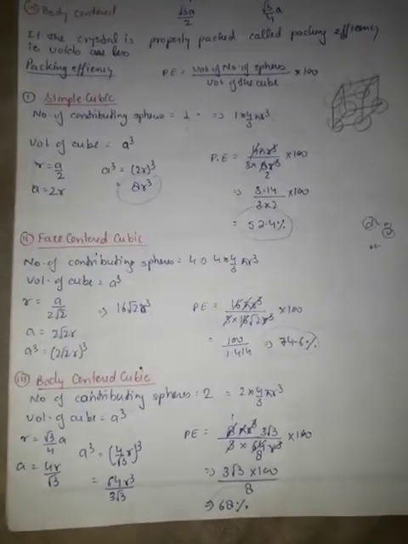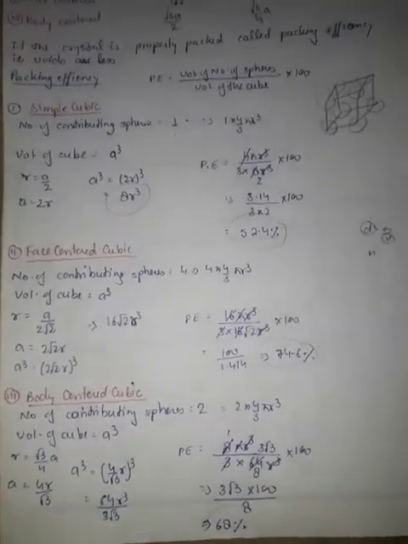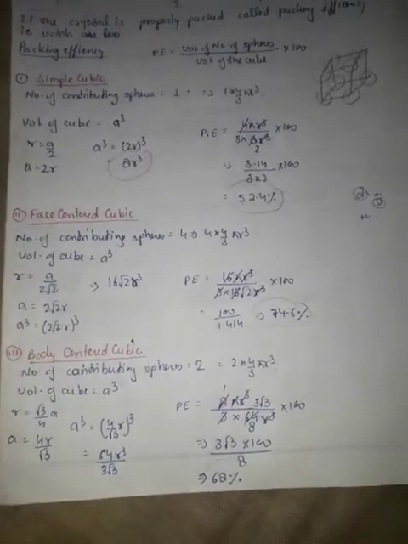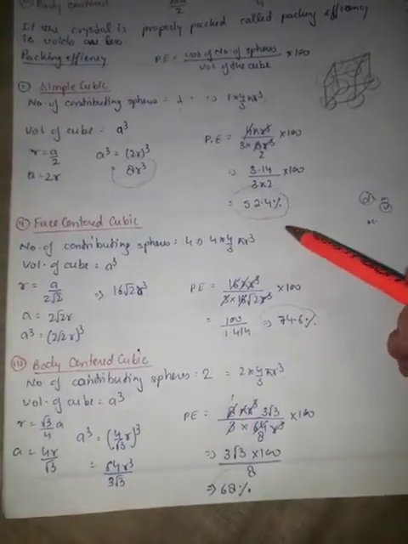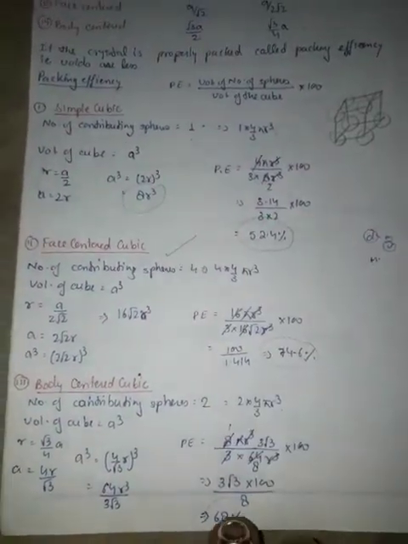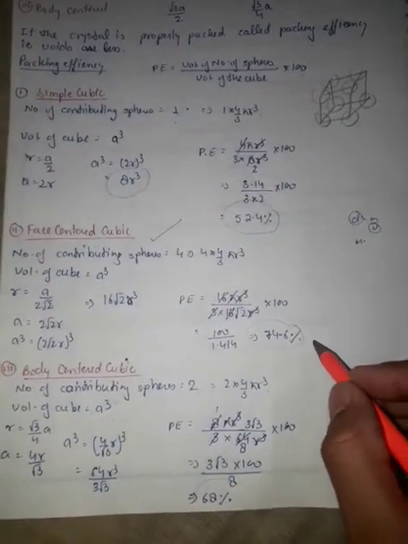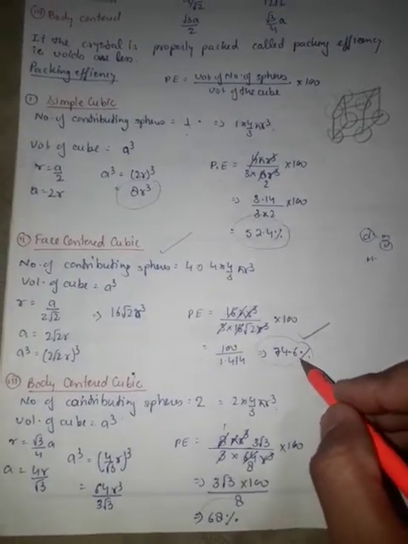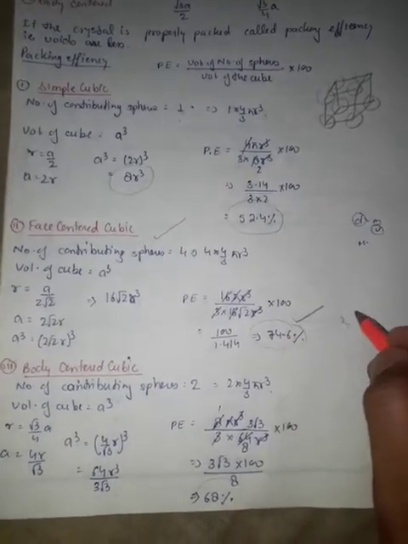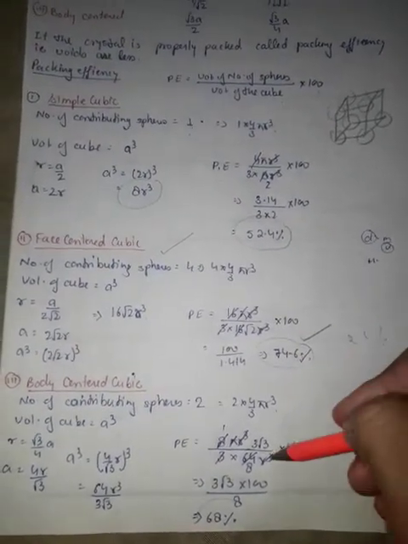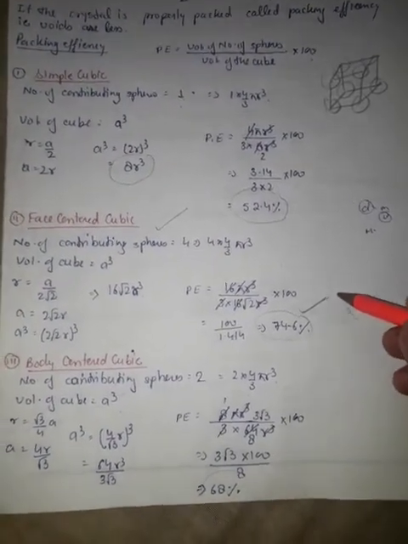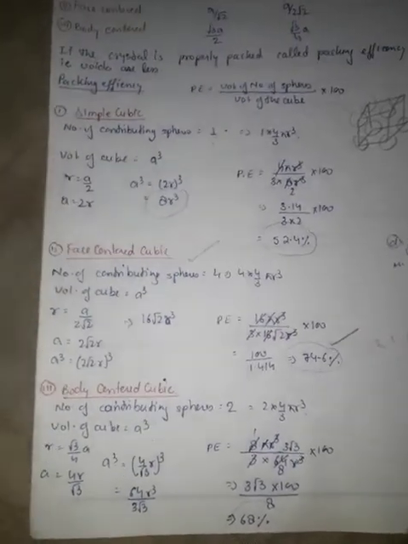Now, according to packing efficiency, which atoms are most closely packed? That is face centered cubic. In this type, the atoms are completely packed because there is very little space between the atoms. Here we get 74.6%, near about 75% if we take, so 25% space is there, and in the rest of these two there are more spaces. So this is most loosely packed.